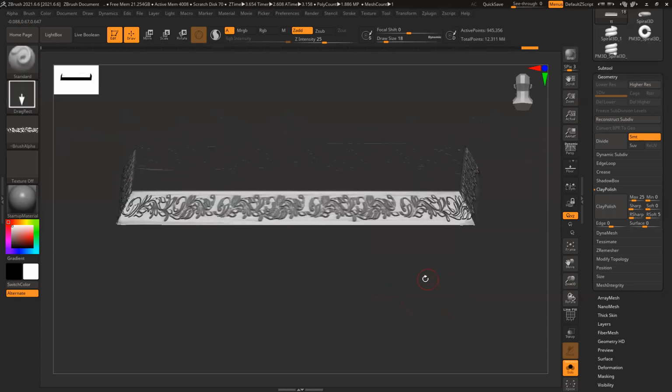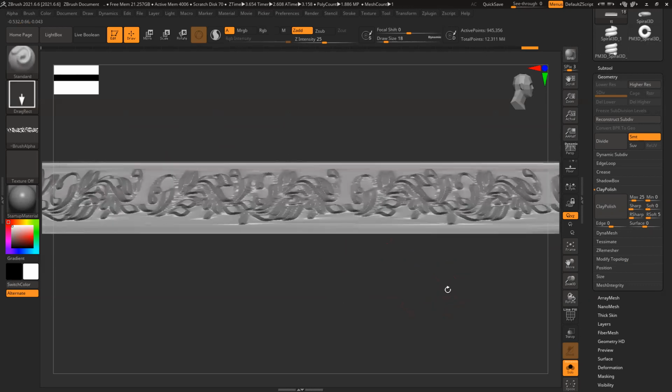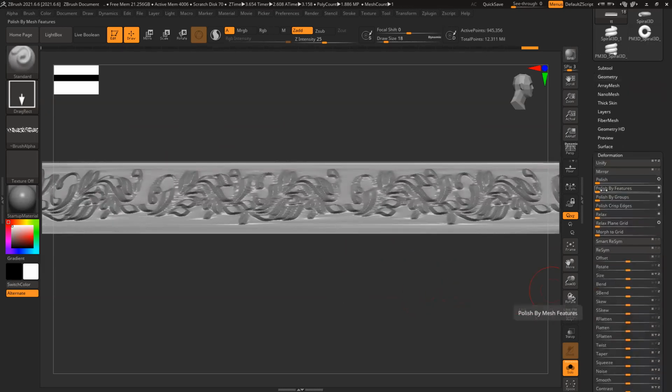Still a little distortion I can see. Polish by features slightly. Polish crisp edges. Make it a little smooth.